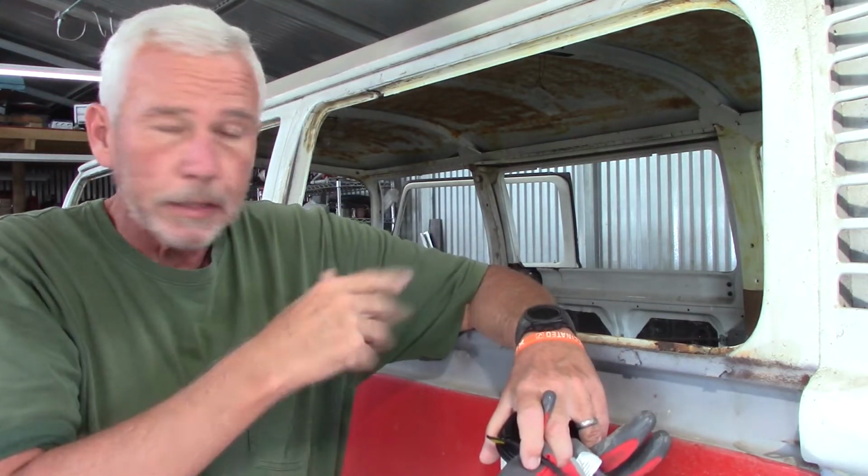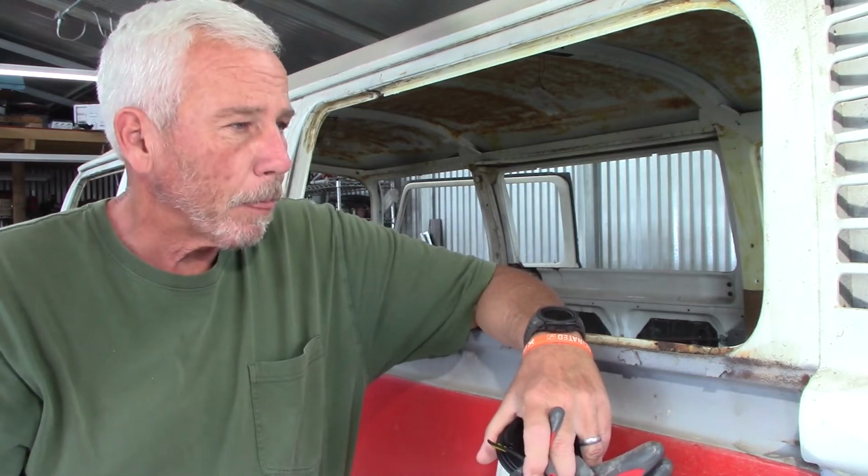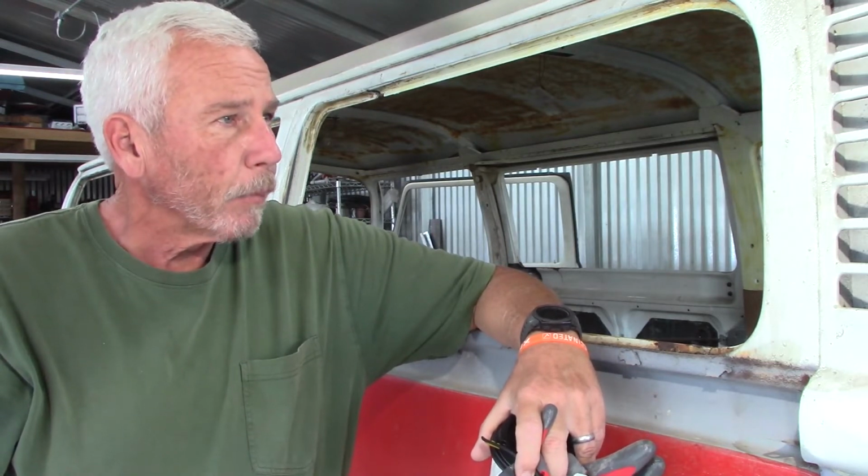I'm gonna clean it up. I'm gonna put some primer on it. I'm going to sand the primer down to probably 220. And then I'm going to paint it. Now, am I going to use my gun for a little hole like this? I don't know. I may just rattle can it. What I may do is use a spray can, see what it looks like. If I don't like the way it comes out, I sand it off and I get the gun out and